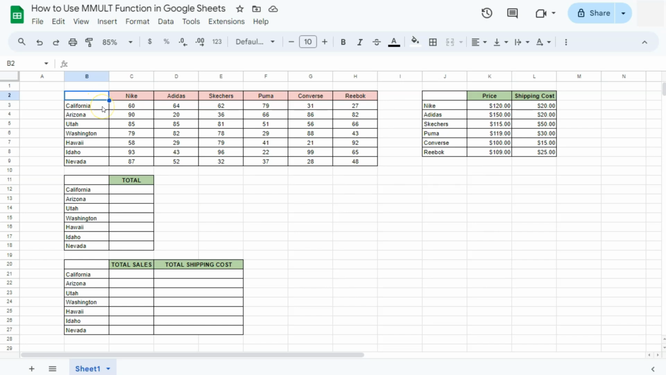In my example dataset right here, I have some branches from different states with the name of the products over here and the quantity sold for each product. On the right side, we have the price for each product and the shipping cost for those as well. And what I want to do on this table right here is to get the total of all the sales